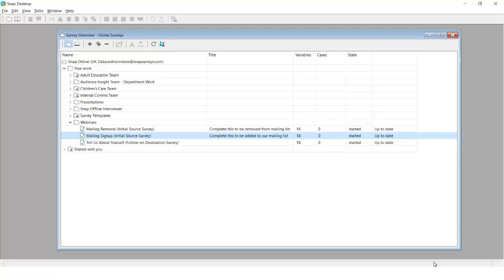So we're going to start by looking at the survey in Snap Desktop. In my first example, I'm going to be using 3 different surveys today, but in my first example, I've got a mailing sign-up survey. So this is the initial survey we're talking about, which we sort of call a source survey. So if I go into that initial survey,